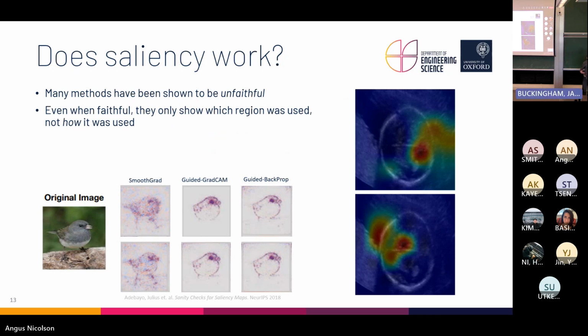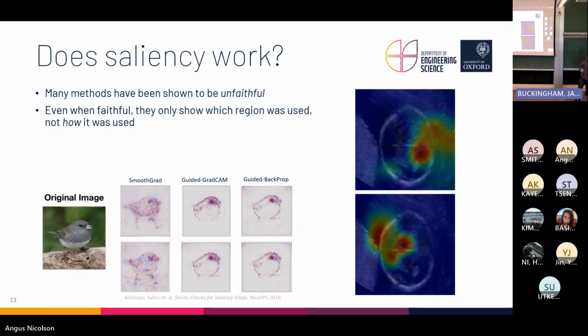I also have some other issues with saliency. So saliency does work sometimes. I'm not saying it doesn't work all the time. Go read the paper for details. That wasn't mine, but for example, GradCAM, I think it's great, but it's an incomplete explanation. It's only partial, right? It tells you which region of the image is important, but it doesn't tell you why.